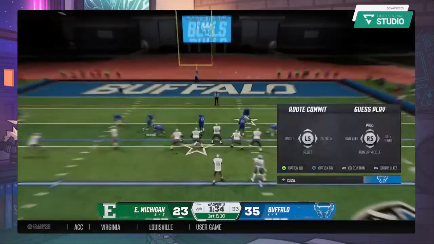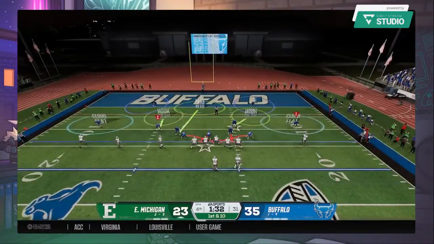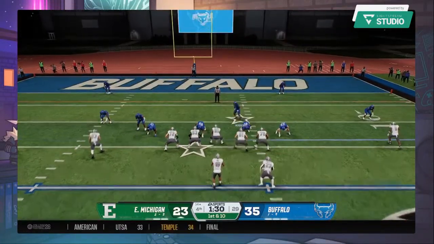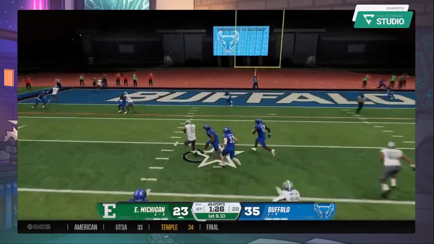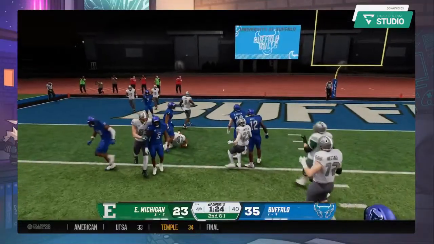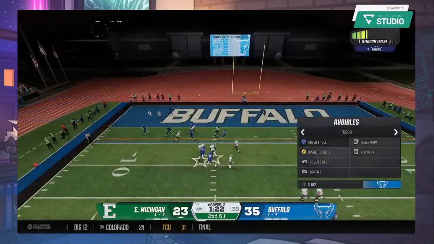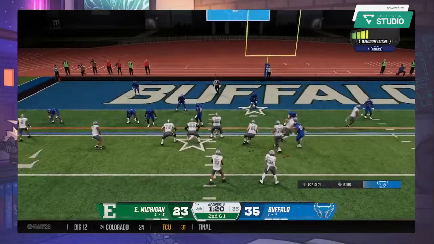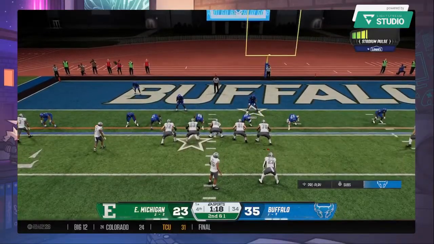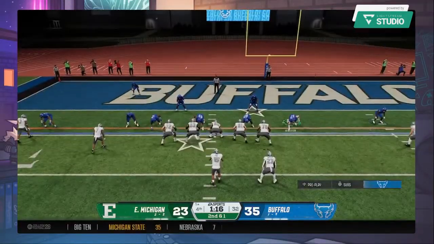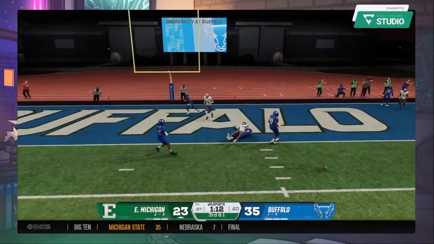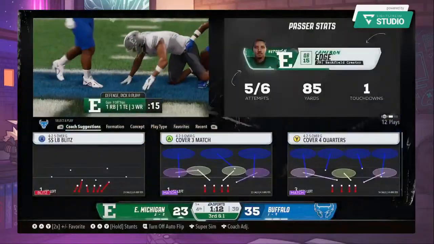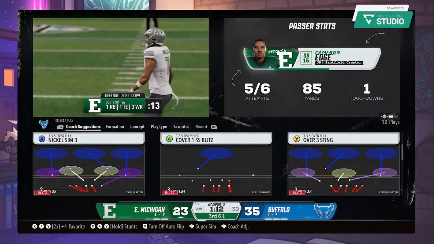Sprinting to the line to try to get this one off. Clock's running. Now from inside the red zone. Moving away from pressure. And he has a solid gain on the play before sliding. The hurry up now. 2nd down. Clock ticking. Wants to go up top. And he drops it, just a little too slippery in the hands.